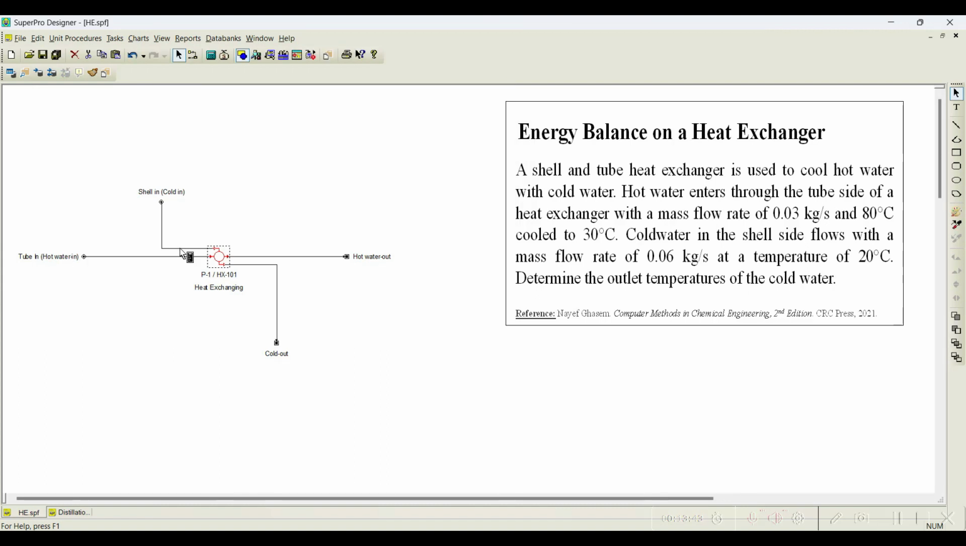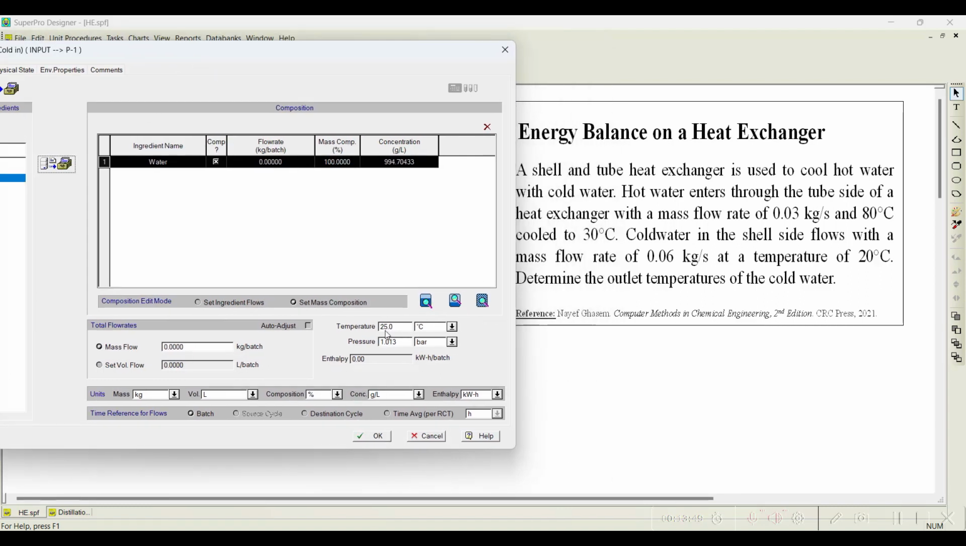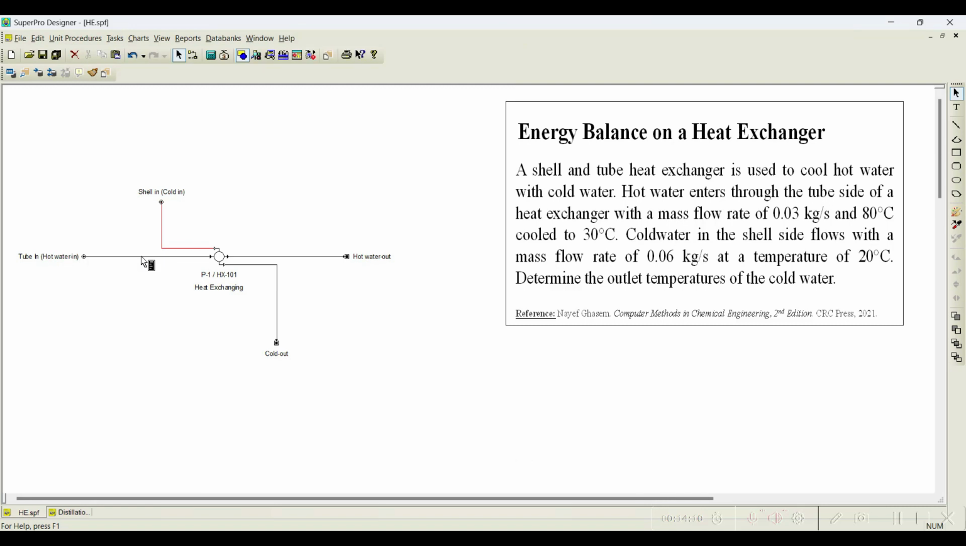To initiate the stream, let us go with cold water, and the problem statement says that it is water which is available at 20 degrees centigrade, and the flow rate is also given, it is per second. First let us select the second, and we mention it as 0.06 kg per second. So click OK. Temperature we set it to 20 degrees centigrade. Click OK. You can notice it is reflecting here, and also the tube side,